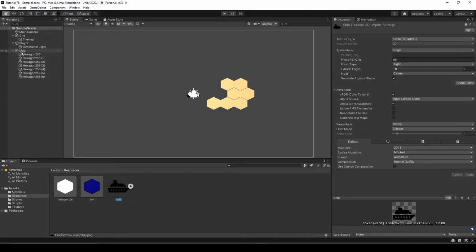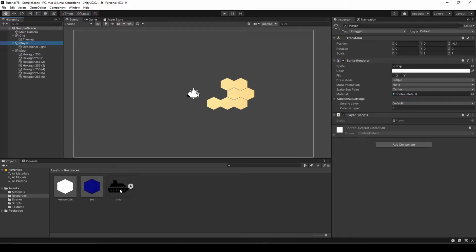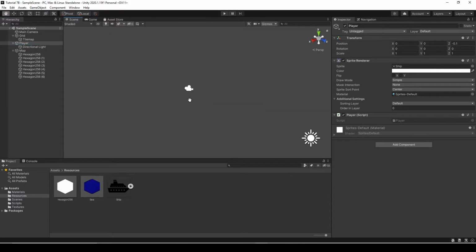Then I added a directional light directly to this player, to this ship, so that we can see in the scene that this is an object that, as you can see, is positioned, the light is positioned just above the ship. Okay, let's go back to the 2D, and then I added a map